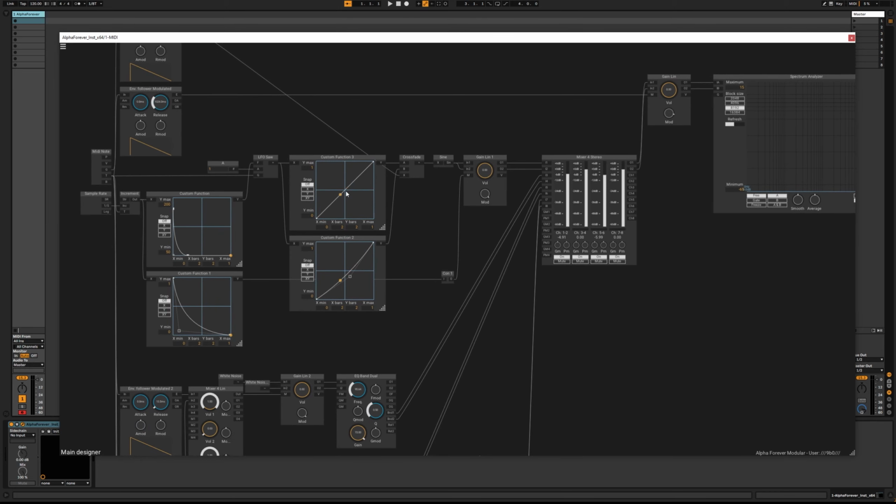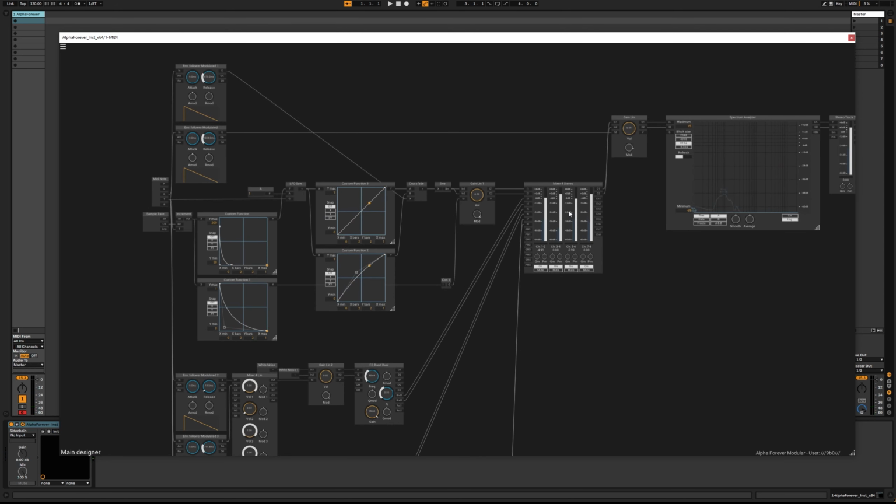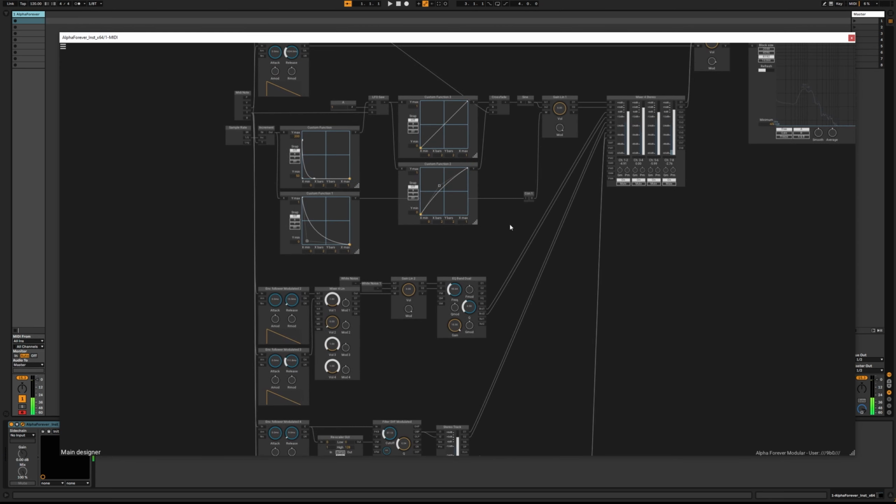And yeah, this sounds good. And we have seen a technique where we create a pseudo stereo transient,